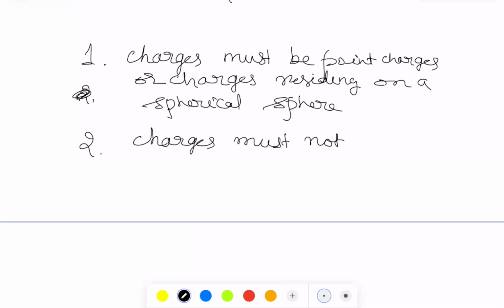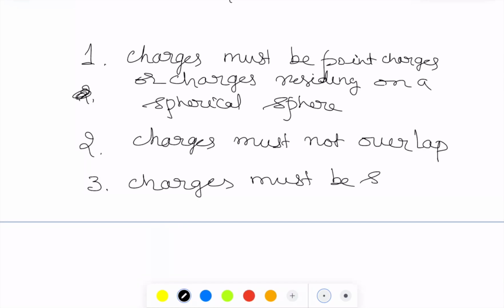Coulomb's law states that the force of attraction or repulsion between two charges kept in a medium, separated through some distance, is directly proportional to the product of their charges and inversely proportional to the square of the distance between them. On combining, we can say that the force of attraction or repulsion between the charged particles